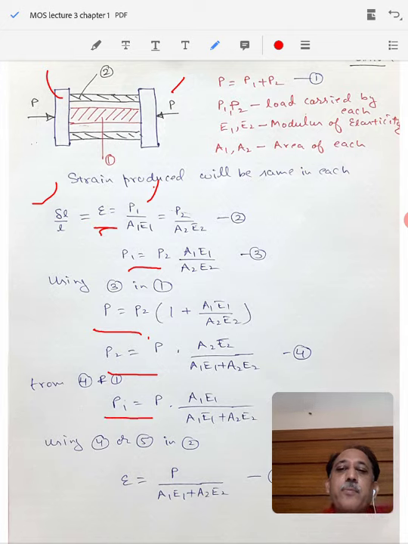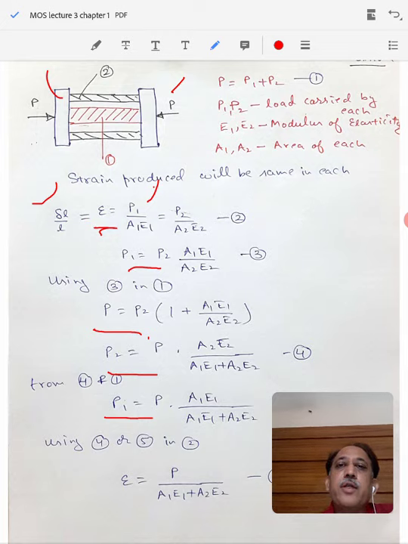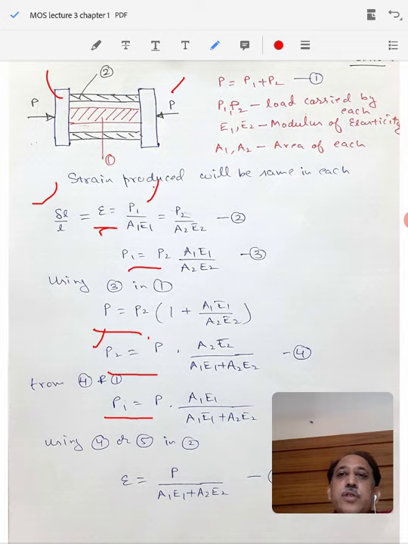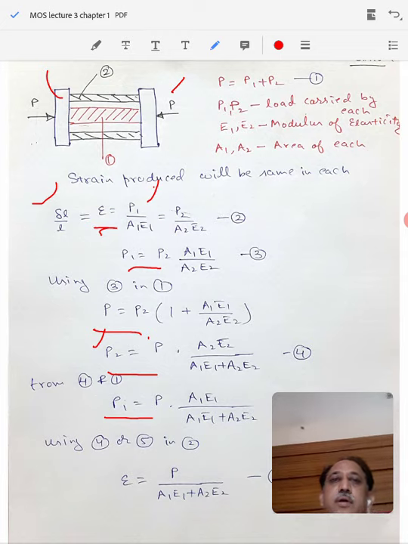So we have got value of P1, we have got the value of P2, so we know the load that is acting on individual section of the material, and using these you can also determine the stresses that are acting in this section 1 and 2. Simply you need to divide the value of load P2 by the area of cross section A2. So that will be P E2 divided by A1 E1 plus A2 E2, that will be the stress in the section 2.